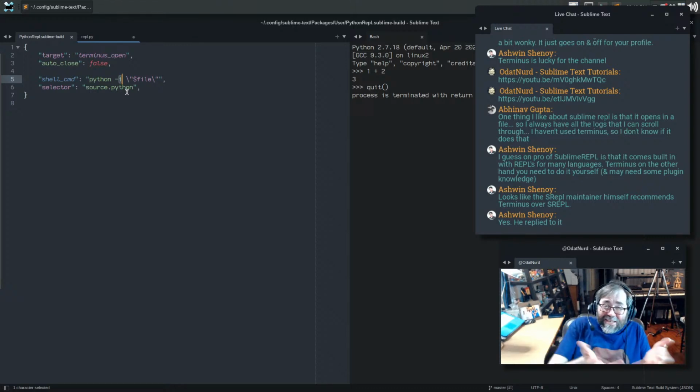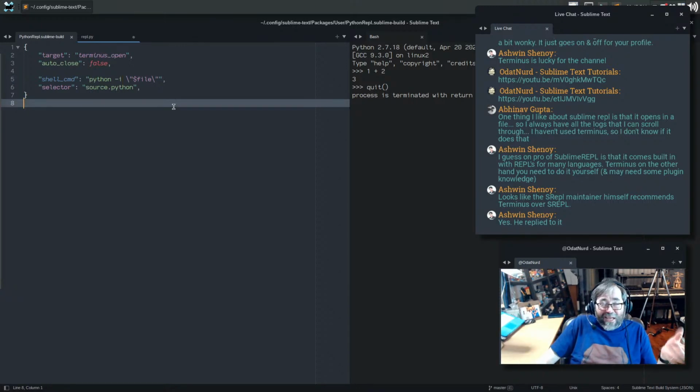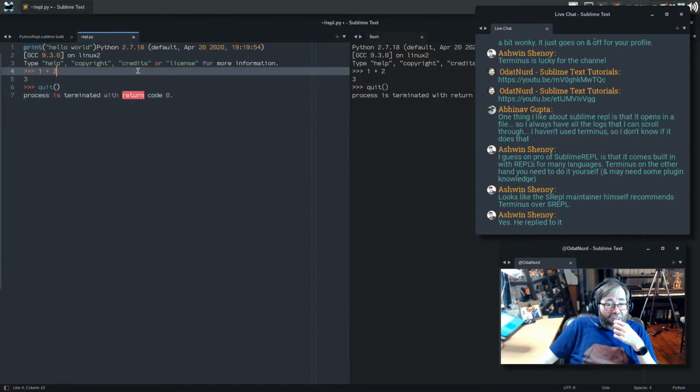So for that reason, I totally agree that Sublime REPL is a lot handier because it does have that stuff built in, but it really seems like you should get a little handle on this. It doesn't take a lot. That's just my particular take on that thing.